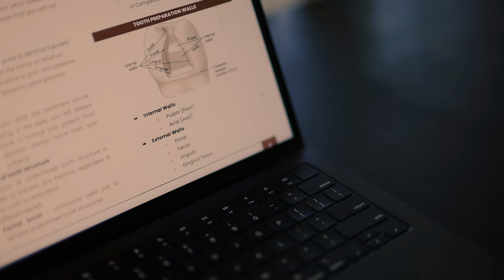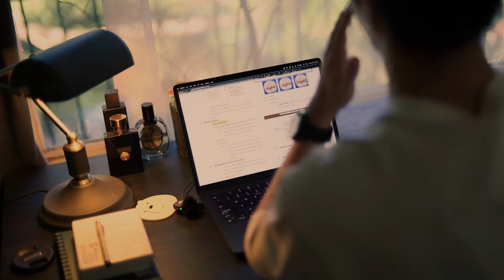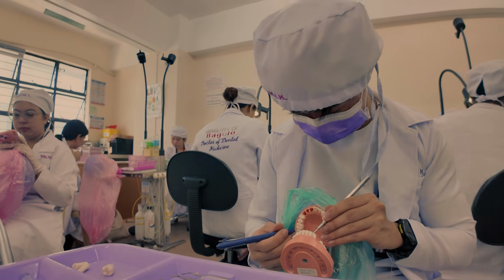So as a dental student, most of my life revolves around studying. But believe it or not, I do have things called hobbies, and believe it or not, they're not side hustles. Now, first and foremost, even though I am in the medical field, I consider myself a